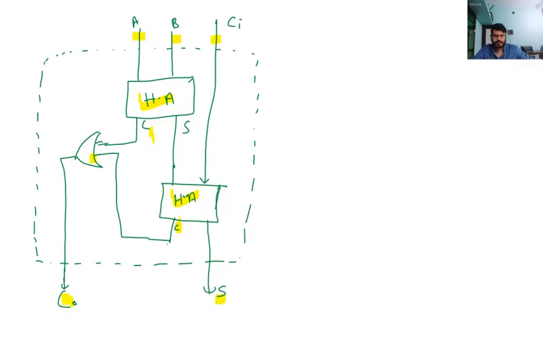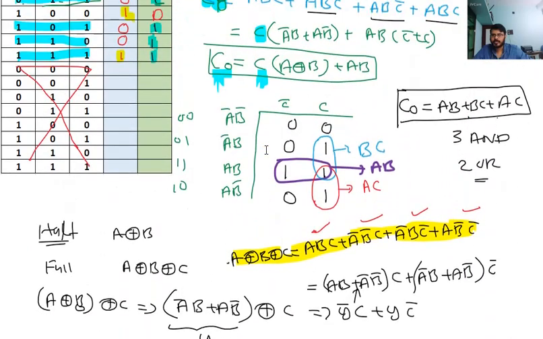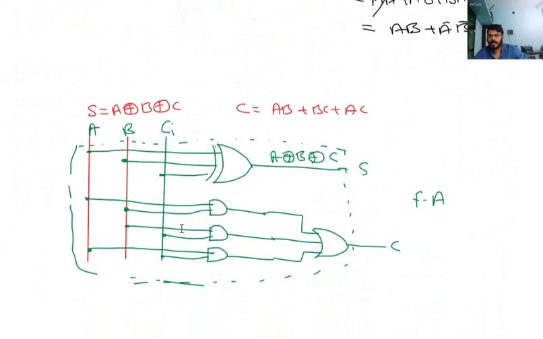Okay, now you can do another thing. Another construction is, I will start from this expression. We have the carry output C out is equal to C into A XOR B plus AB, and for sum I will use our previous equation, that is A XOR B XOR C. So our output expressions are, sum S is equal to A XOR B XOR C, and the carry expression C out is equal to C into A XOR B plus